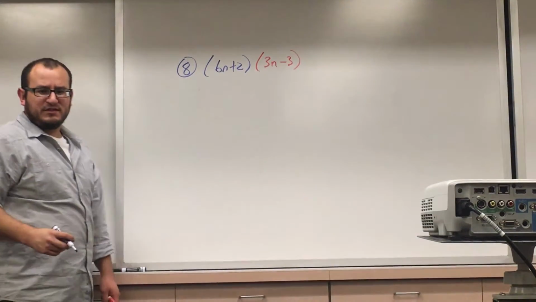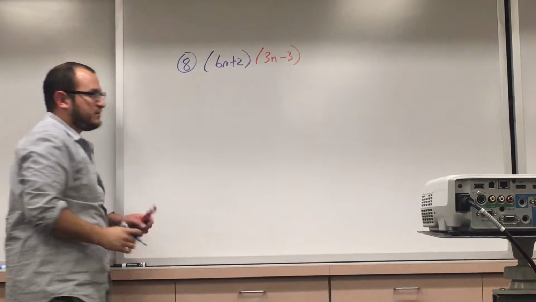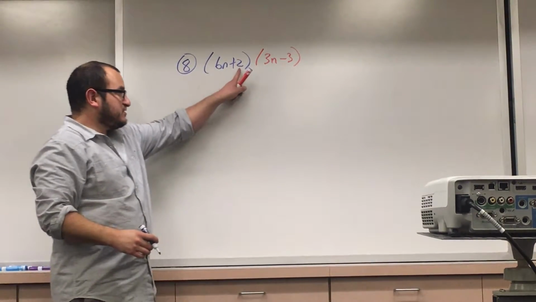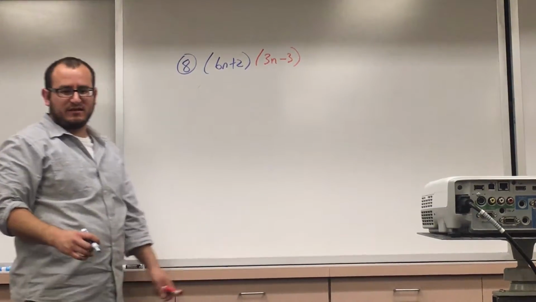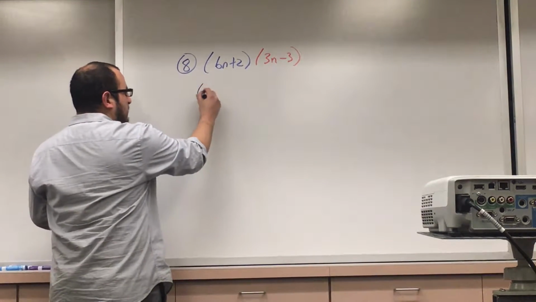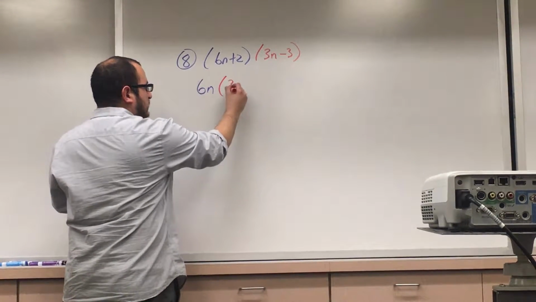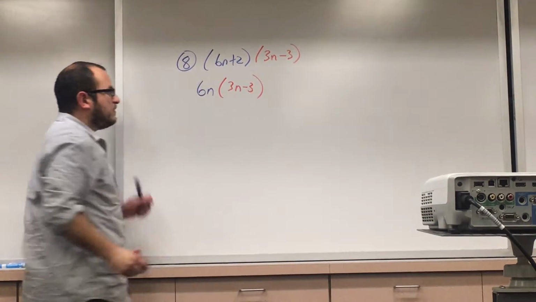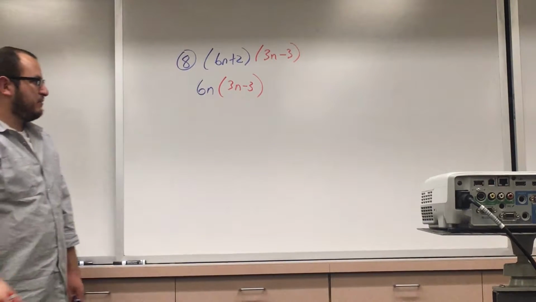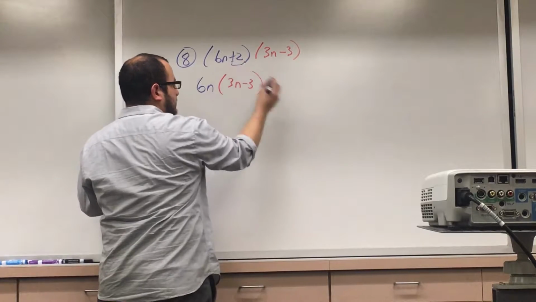So the distributive property simply means I'm going to take the first term and multiply it by everything in the second parentheses. Then I'm going to take the second term, bring it down, and multiply by everything in the second parentheses. That's called the distributive property. So this is the way it looks. You take 6n, that's why I'm using a different color, and multiply by everything that's in red, 3n minus 3,